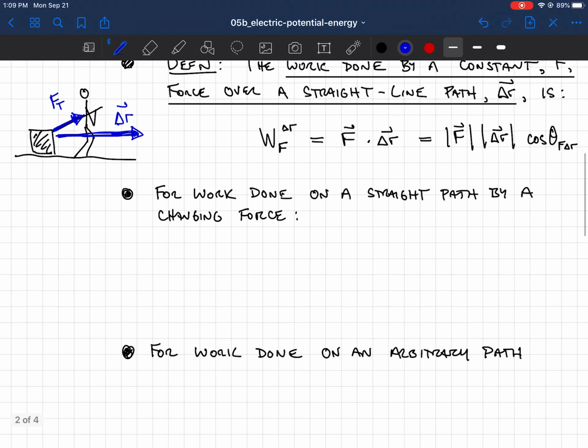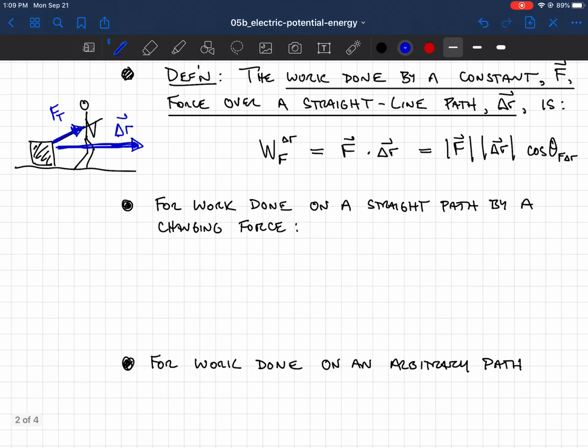Now the first thing that you need to do is you need to expand that definition. It's obviously a very special case to talk about a constant force, a force that doesn't change over the path, and a straight line path. We'll try and deal with more general paths and more general forces. So what do you do if you don't have a constant force? If, for example, you have a force that changes over time, well, then you have to break up the path into segments. And so one example of that is the mass on a spring,